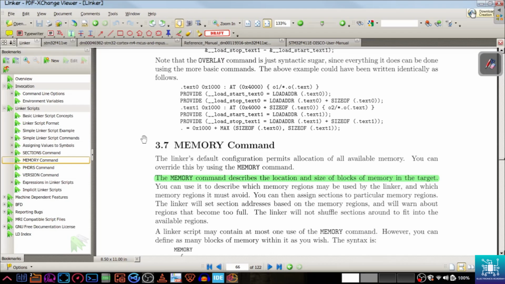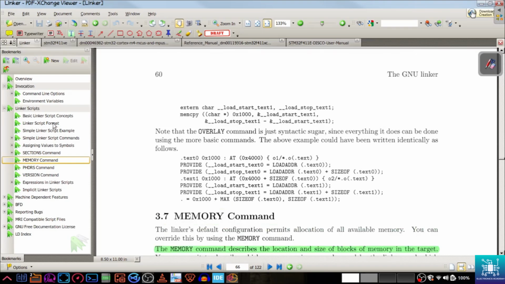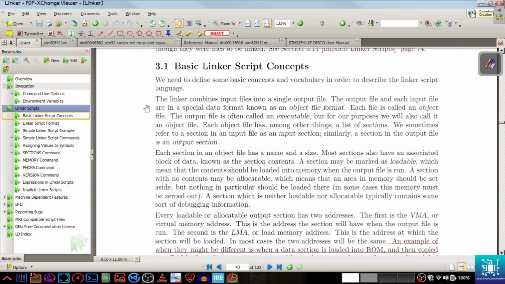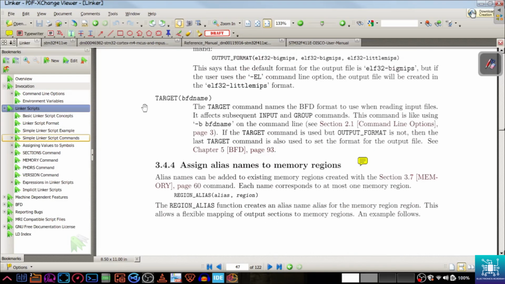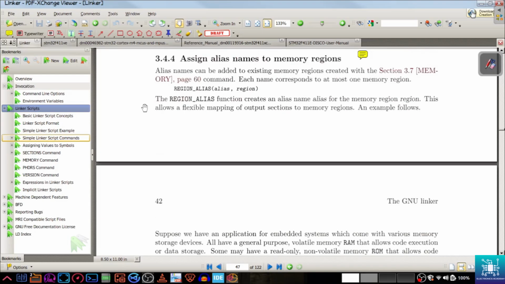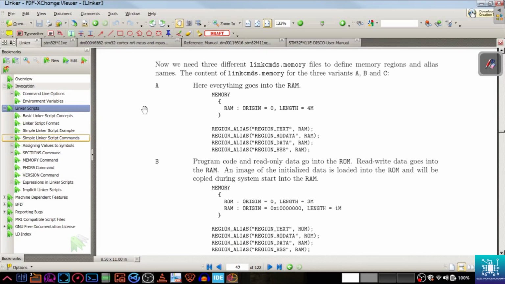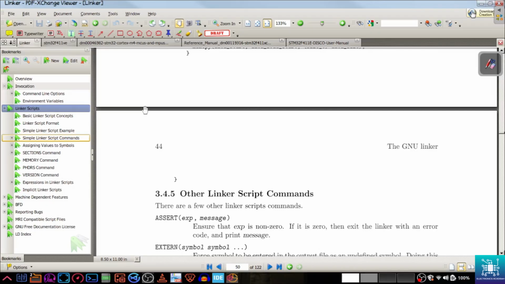So please have a look at the linker script, especially chapter 3 of the GNU linker document, and there is a lot of information that you can find. Most of what I'm going to show you is derived from this document, and this definitely has a lot of good information that you can